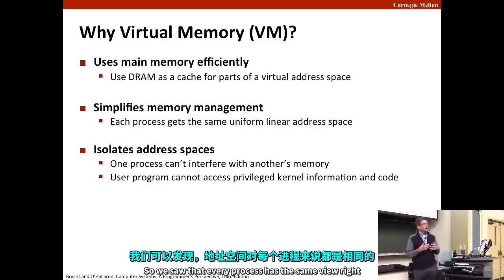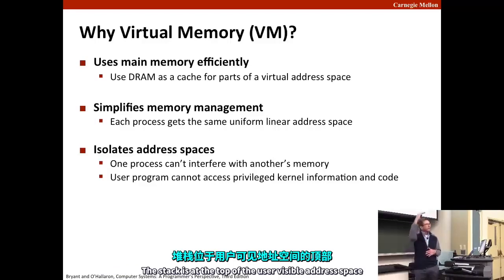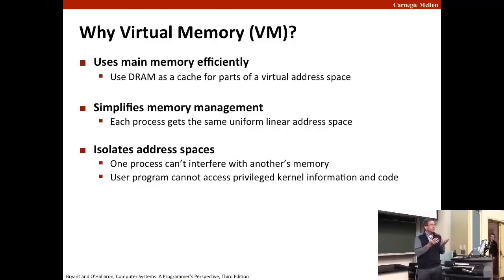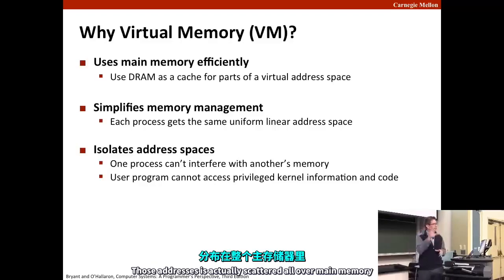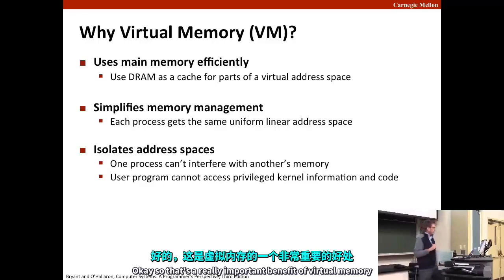So we saw every process has the same view. Code and data are always loaded at the same address. The stack is at the top of the user visible address space. So every process has a similar looking virtual address space, but in actuality, the memory that corresponds to those addresses is scattered all over main memory. So that's a really important